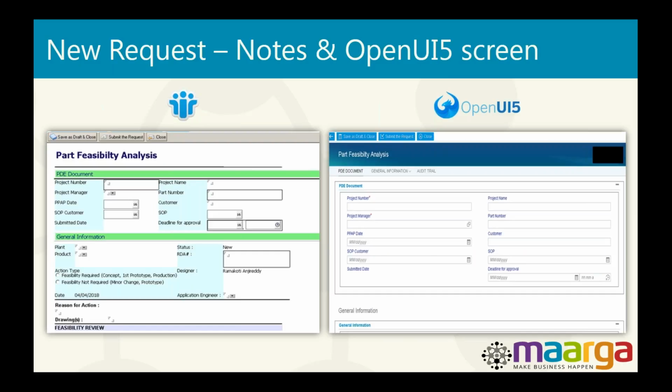So the OpenUI gives that facility to a tile-like environment so that it can be leveraged, and from there it shows it. That is how we have modified the left-hand menu,